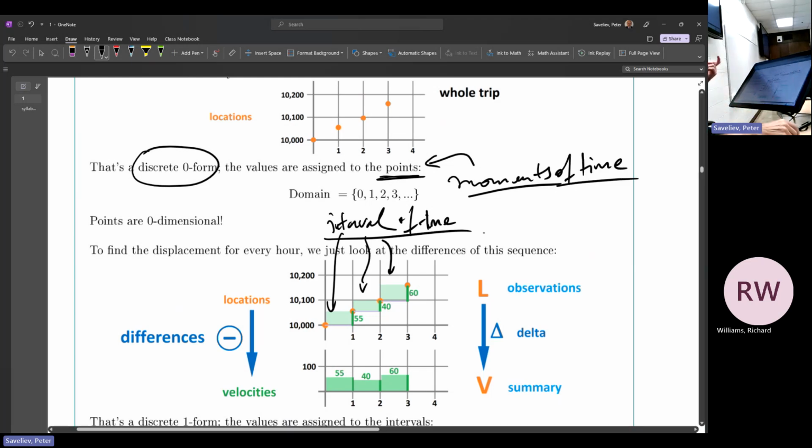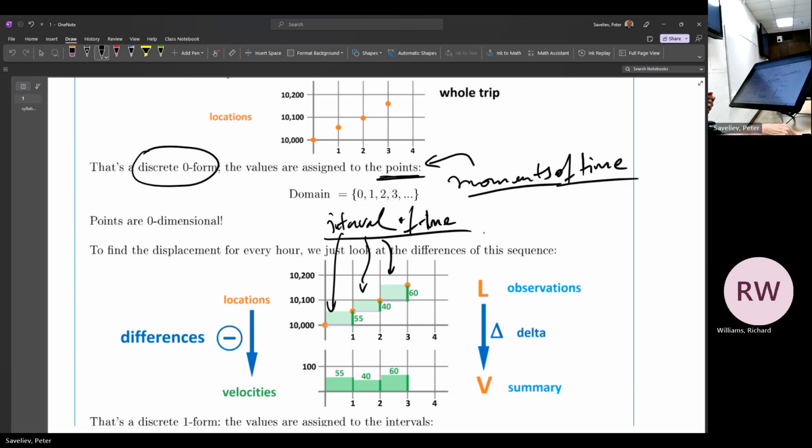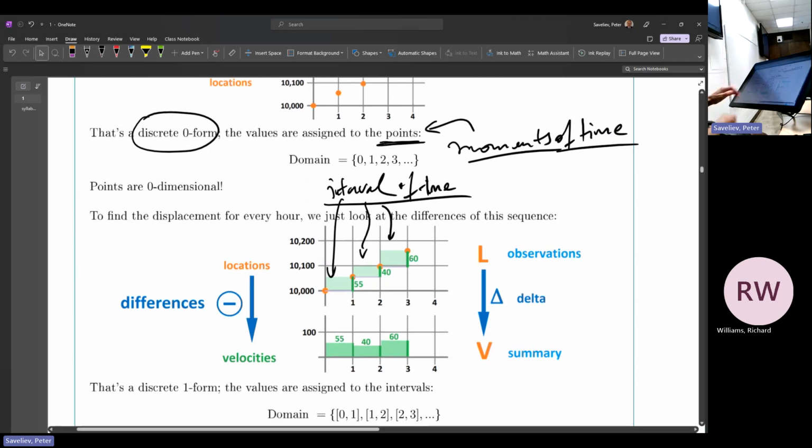And so intervals of time, it's one dimensional. Remember what dimension refers to. It refers to the number of degrees of freedom. So degrees of freedom is 0 for a point. You cannot go anywhere. If you have an interval or a line, you can move back and forth, and that's only 1 degree of freedom. So it's one dimensional. The interval is one dimensional, and so we speak of the velocities, as you can see here,